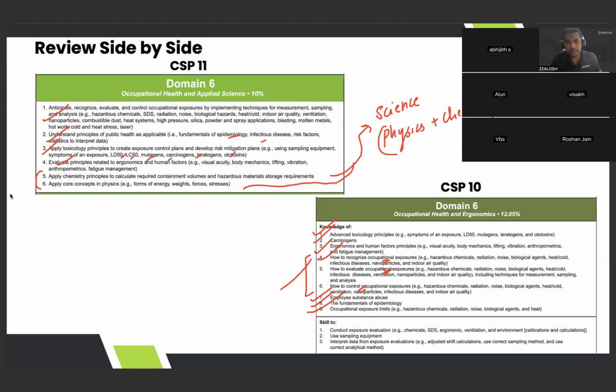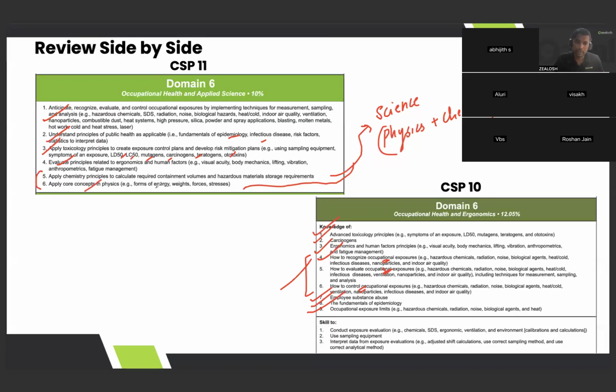Most probably what we can expect is they will ask you to calculate the volume of a cylinder. A cylinder is there, this is the size, how to calculate the volume, which will be very basic. Or they can ask, you have to build a containment. The size of the cylinder is this much, maybe that cylinder is half filled or full with some liquid. What shall be the volume of the containment? Based on legal regulation, you should know how much is required, 110%, and you have to calculate the volume and multiply it by that. So those types of questions we can expect.